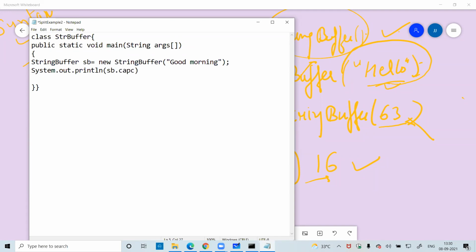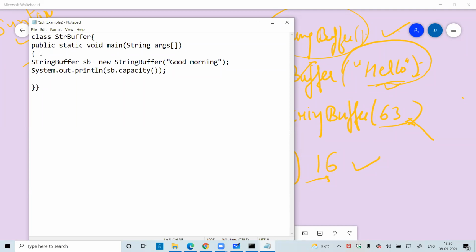There is a method named capacity to check how much memory, that is, how much buffer size, is provided to this particular string.